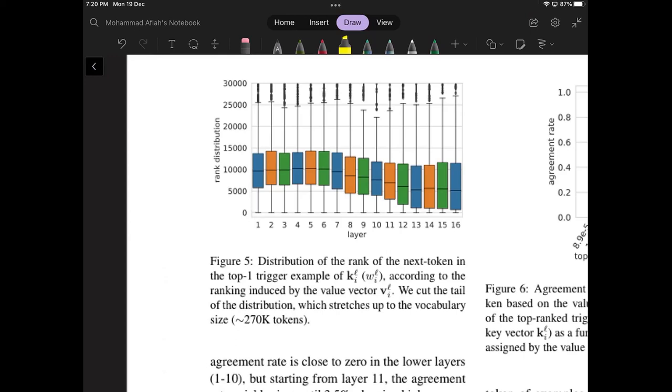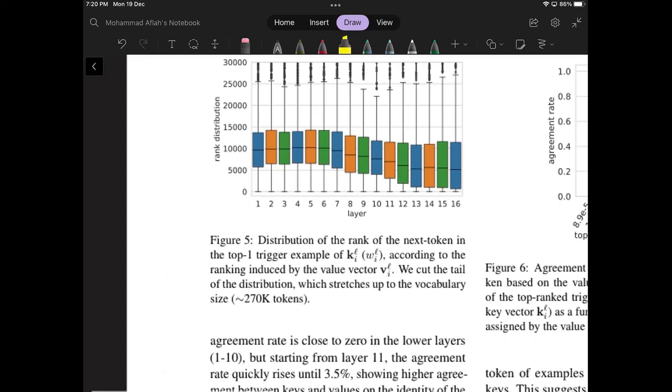This plot is a bit confusing to me. What does rank distribution here mean? According to the ranking induced by the value, we cut the tail of the distribution which stretches up to the vocabulary size. So of course, then they can't show everything, but